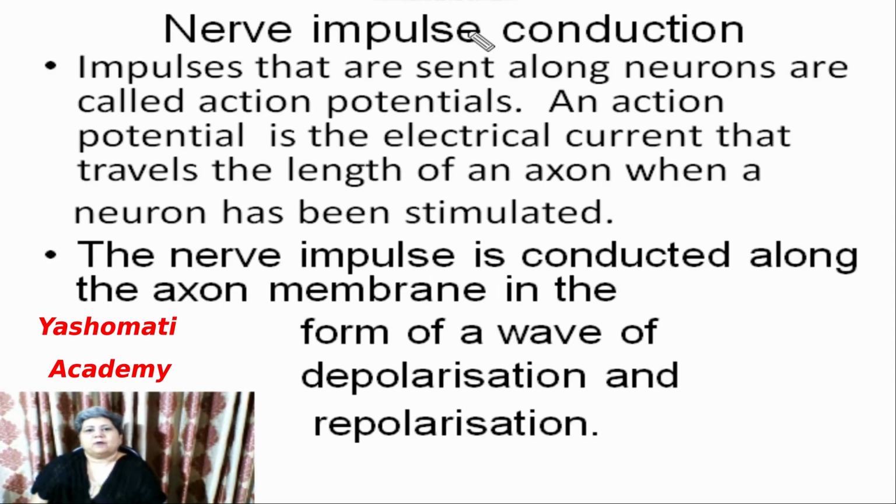Now we have many nerves in our body, all over the body there are nerves present. Whether it is brain or spinal cord or nerves, they are all made up of a special kind of cells which are called neurons. Neurons have 3 parts, that is the cell body or cytosol, then the axon and the nerve ending. Axon is the part which connects the cell body to the nerve ending. And the cell body has some dendrites on it, which may be up to 6 to 7 in number.